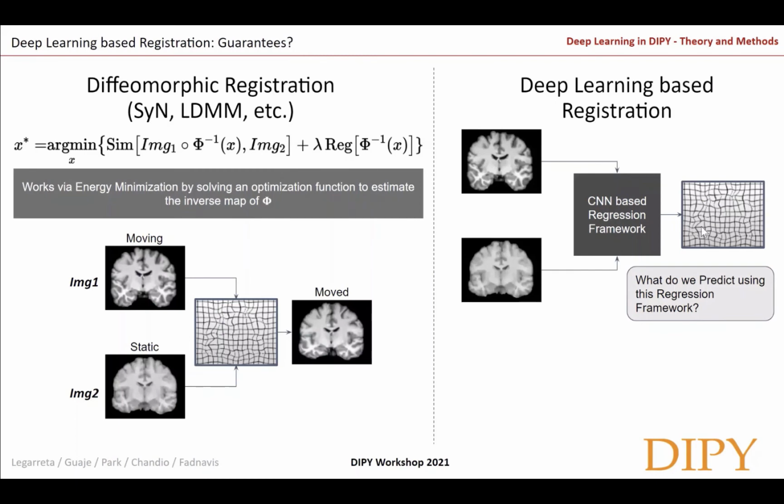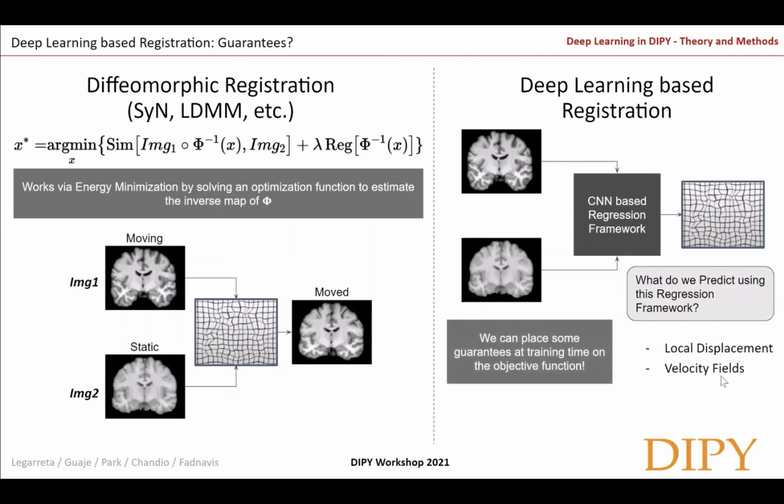And by putting it in a predictive setting, we need a regression framework, right? And this regression framework does not necessarily have to be a neural network based one. Typically these days, convolutional neural networks give really good approximation, but you could replace that with essentially any regression framework that works. And what is this regression framework predicting is basically local displacements. You could also try to predict velocity fields. So the local displacement is essentially vector fields, and you could also have, for example, momentum fields. I have not mentioned that over here.